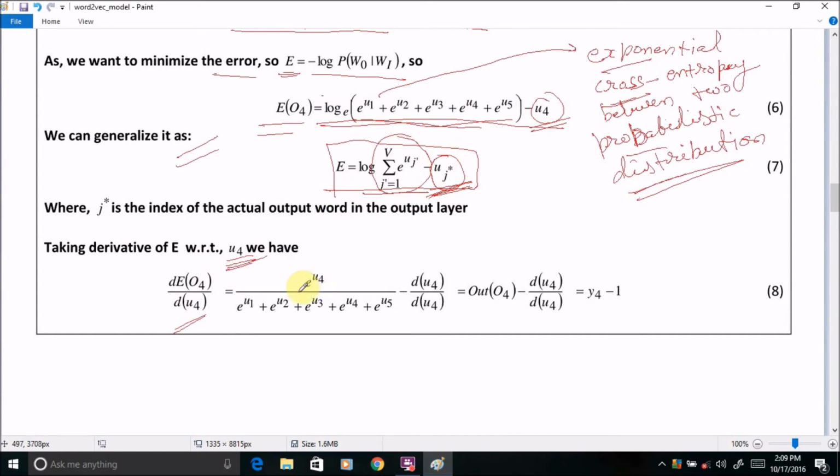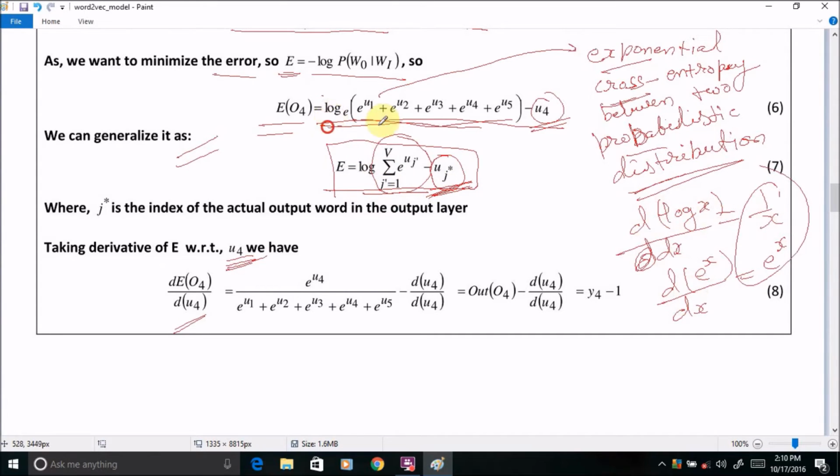this part will be very simple, because the derivation of log x is equal to 1 by x, and similarly we use another derivation concept, the derivative of e to the power x. So we'll use these two properties of derivations in the derivation. So this will be our score, and this is the next score, which is equal to 1. Now